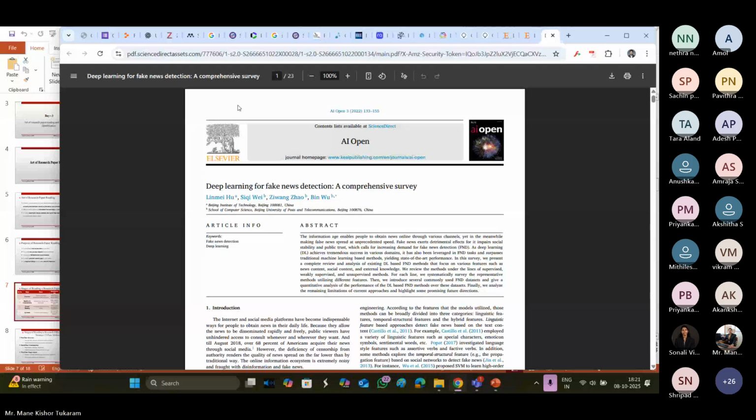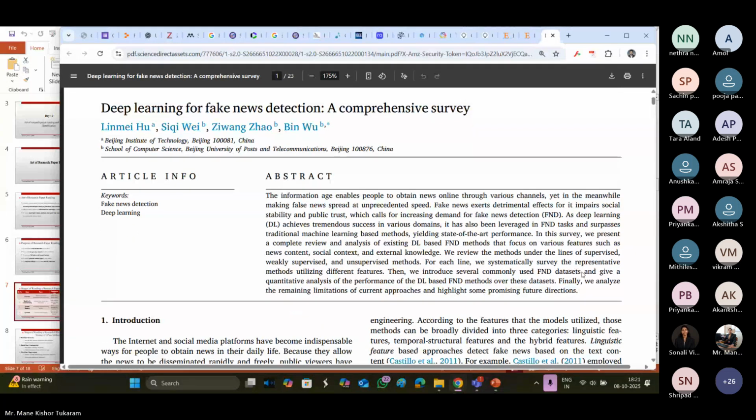Okay, so now this is the particular paper. What is my first task for reading the paper? This is the particular survey paper where I want to read the contents related to the paper. So I first read the particular abstract. From our abstract, first I will select this particular part,